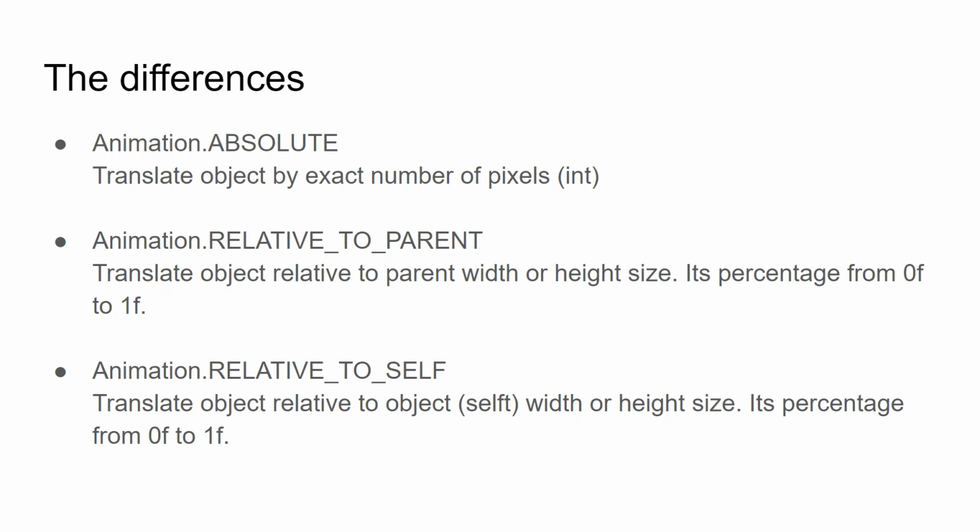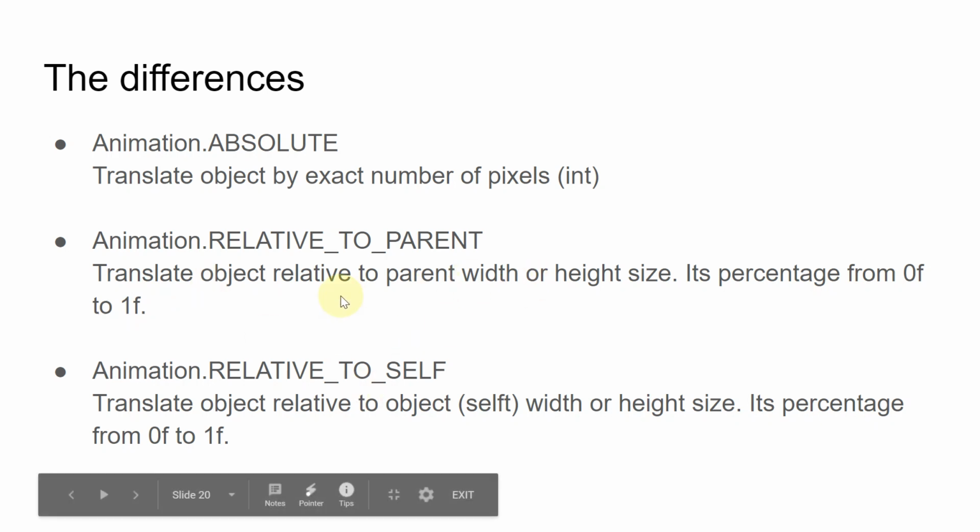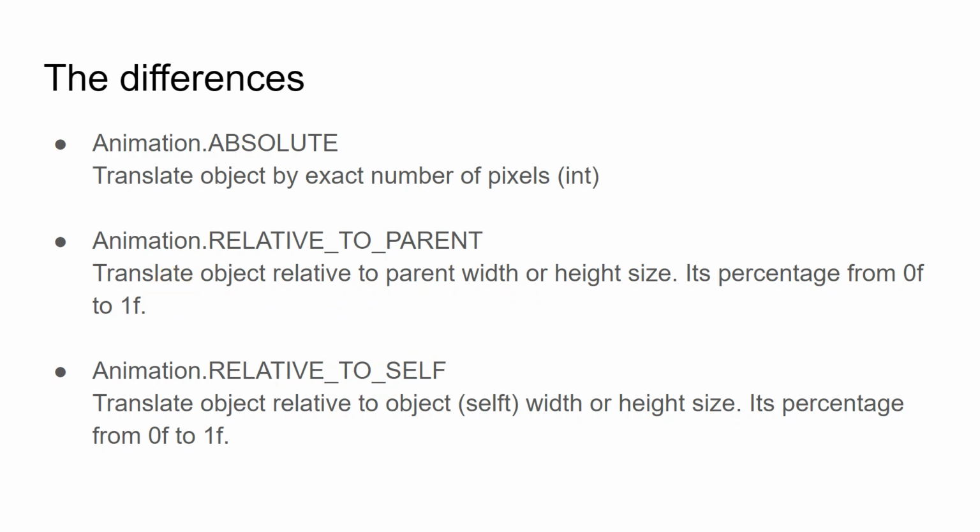So for example, the parent width is 700 dp. If you use 100%, it means that the object will move more or less 700 dp. If you use 0.5 of the parent, it means that the parent width or height will be divided by 2, and the object will move that far. So if the parent's width is 700 dp and you want to move only 0.5, or 50%, it only moves 350